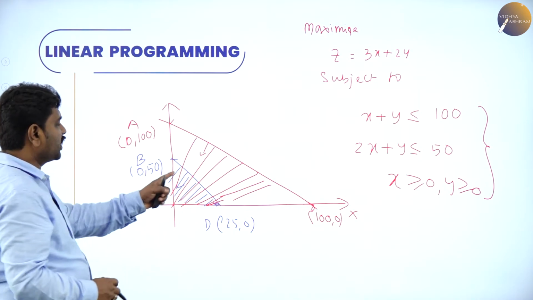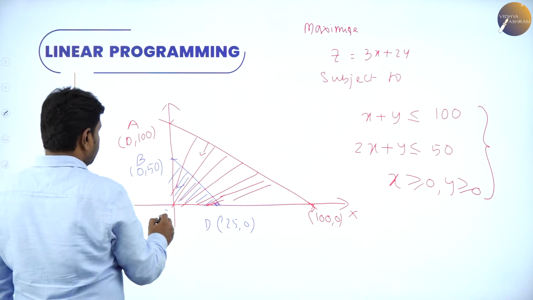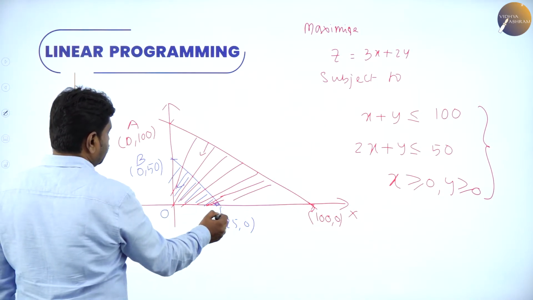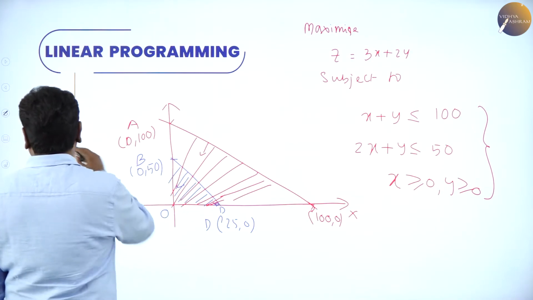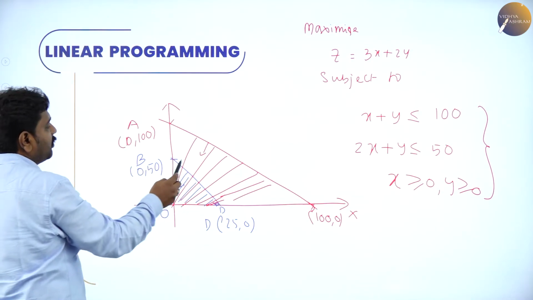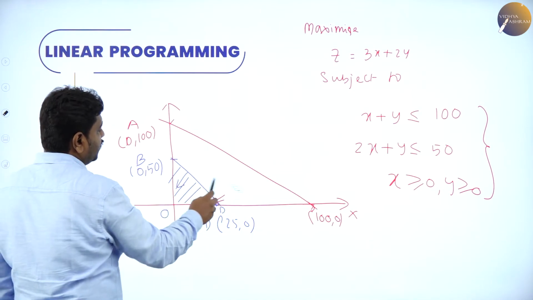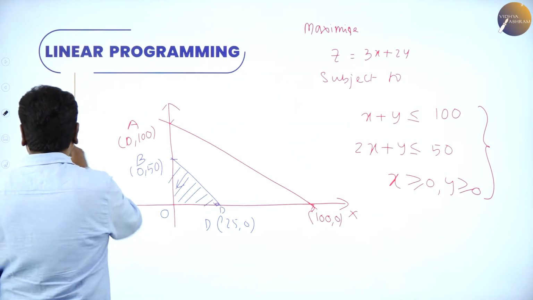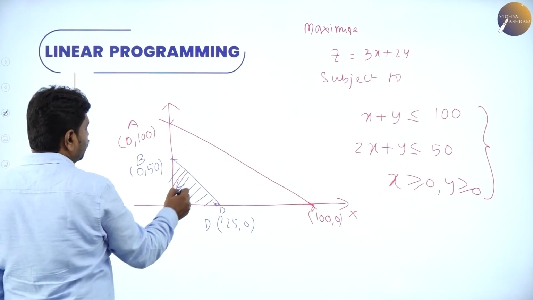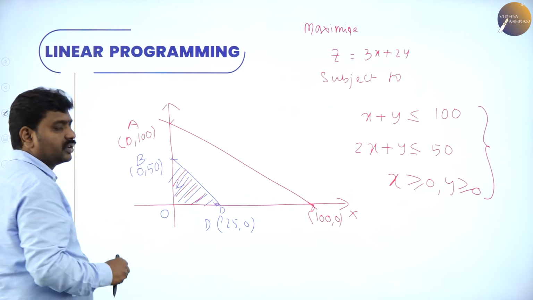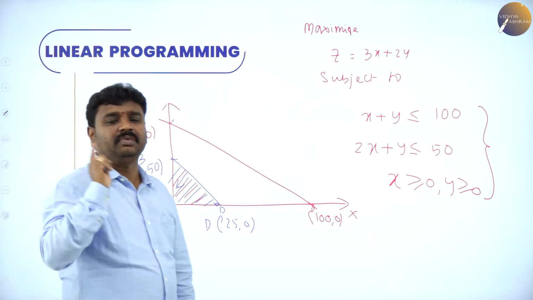Now you can see both are mixing in the region BOD. So we call these corner points. Here the uncommon region we will erase. Common region means what? Where both red and blue shading mix. So this region is the feasible region. The common region of solution is the feasible region.